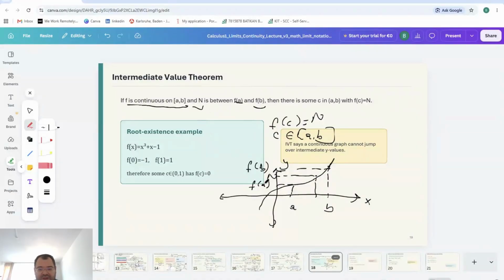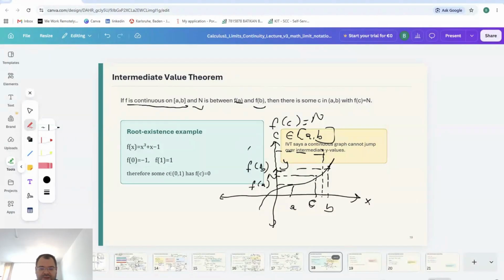If n is between f(a) and f(b), there must be a c between a and b such that f(c) equals n. So we have c. This is the intermediate value theorem. But the important part is that f must be continuous on [a, b]. So you cannot have, for example, a value such as here. You cannot have a value such that